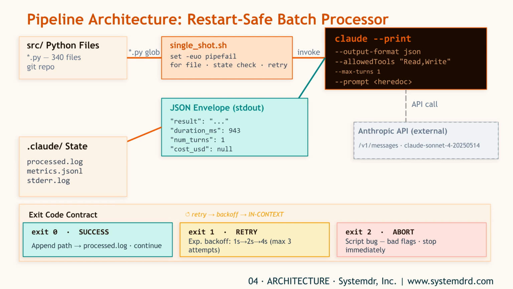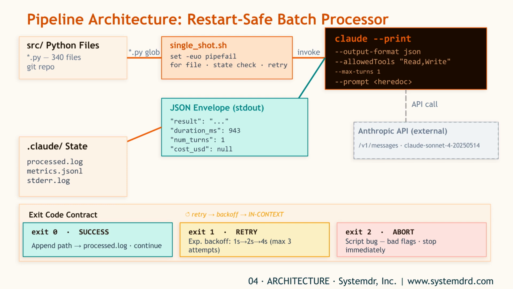Singleshot.sh in the center left is the orchestrator. Before it invokes Claude for any file, it checks one thing first. Is this file's path already in .claude/processed.log? If yes, skip. If no, proceed. That check is what makes this restart safe. If your script is interrupted at file 200, you restart and it picks up exactly where it left off, not